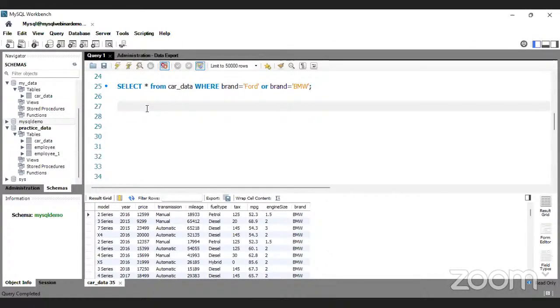So let's use AND and OR together. Let me give an example. Let's try to filter out all the records from the car data where, let's say, brand equals BMW. Okay. And I'm using AND operator. Now I'll use OR operator for the second condition. I want to return all the records which belong to a brand BMW and make sure